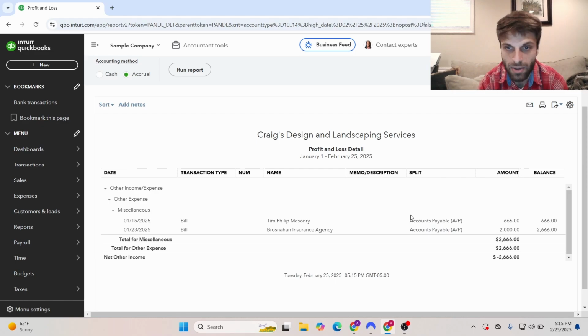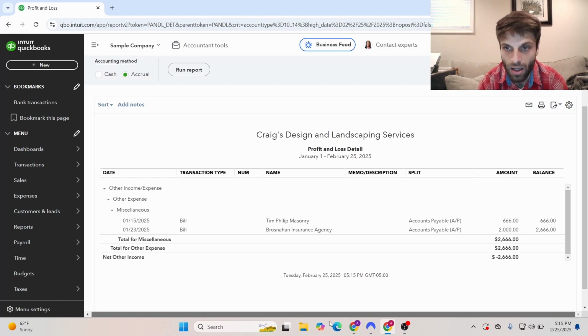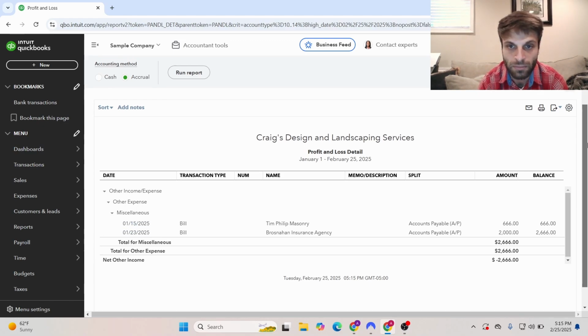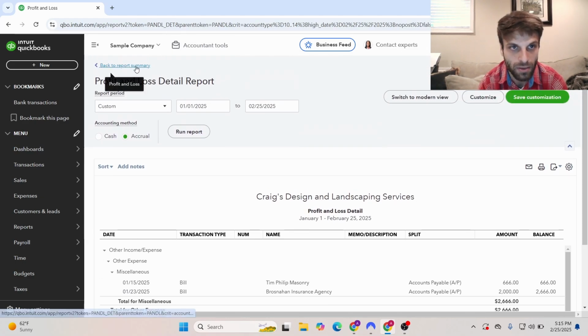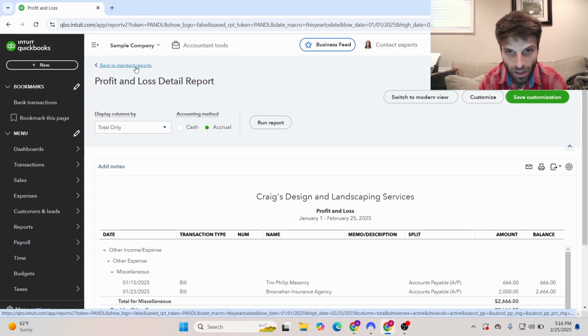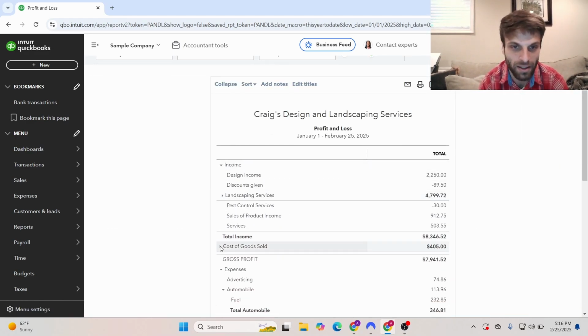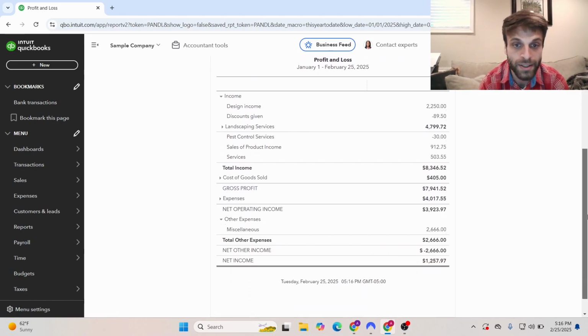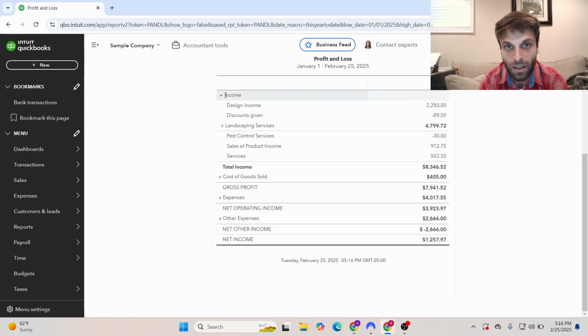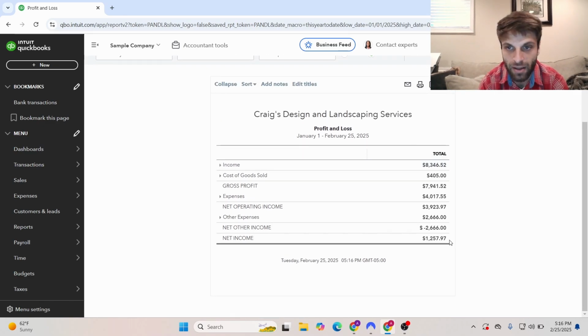So we have, looks like accounts payable. We have some bills, right? So this is, we owe, these are accounts payable. What we owe to other people. And it is for these dates. So we need to make sure that we pay those before they come after us. It's just good to pay things as quickly as we can. So if we minimize all of these, you'll see down at the bottom we have our net income,